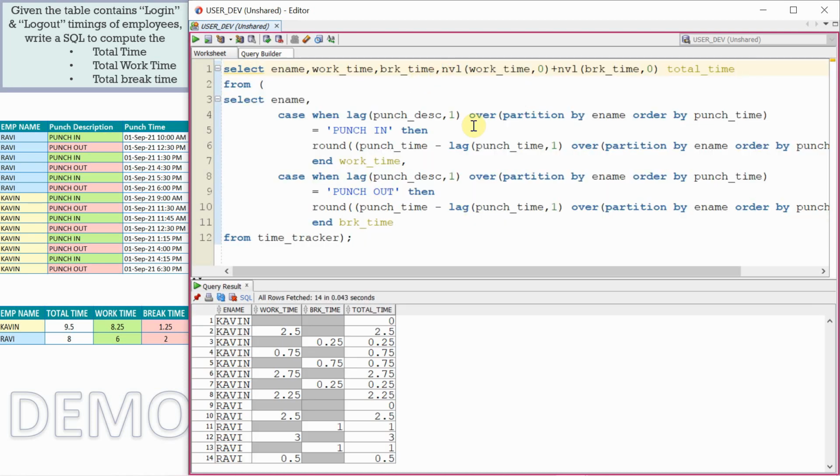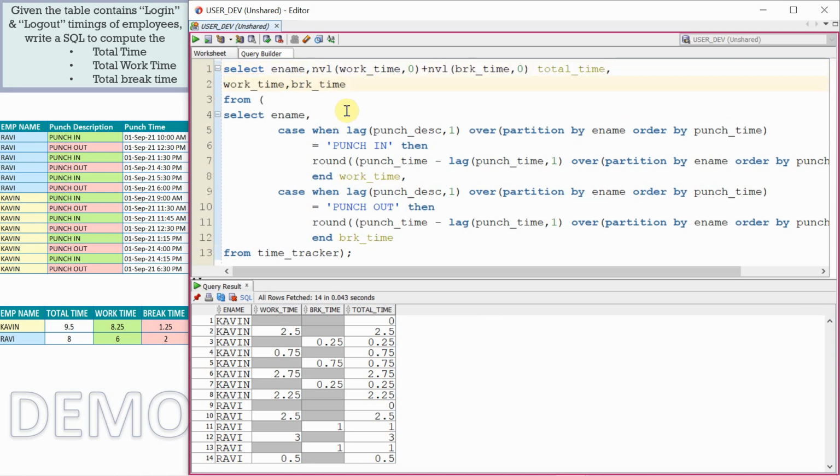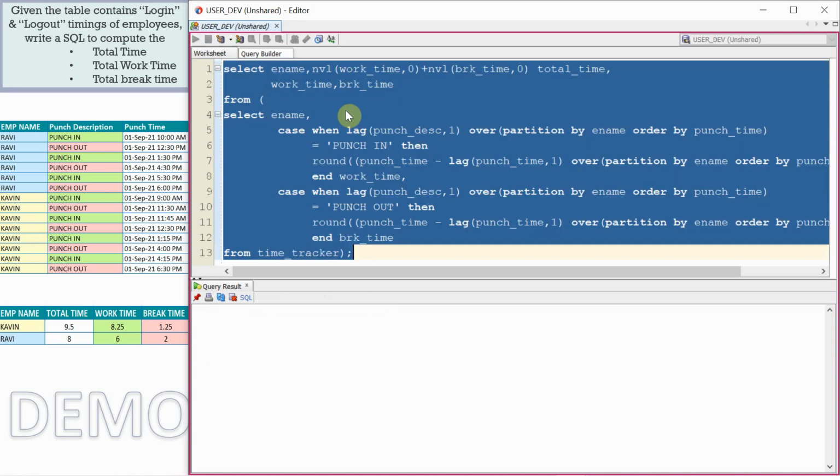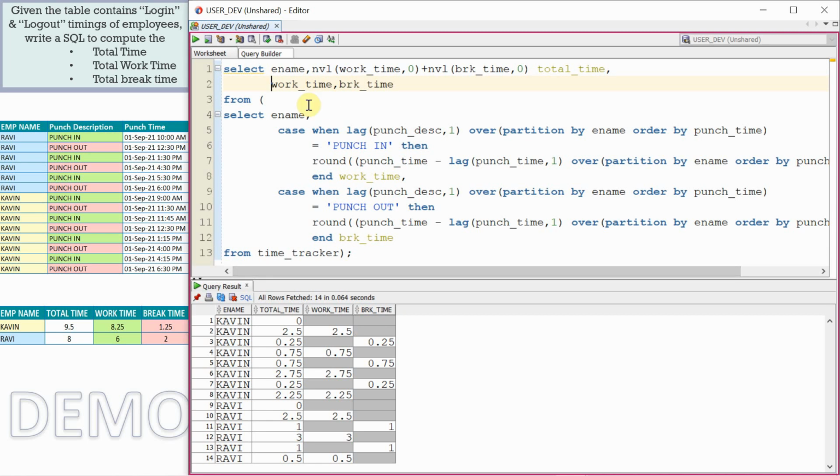So let me just bring this total time here. So employee name, total time, followed by work time, followed by break time. So now we just need to aggregate all these things. So employee name comma sum of total time, similarly sum of work time, similarly sum of break time.